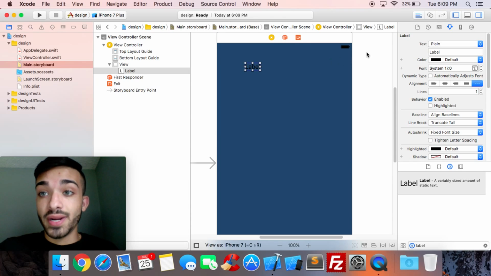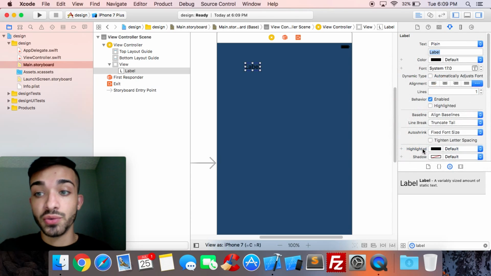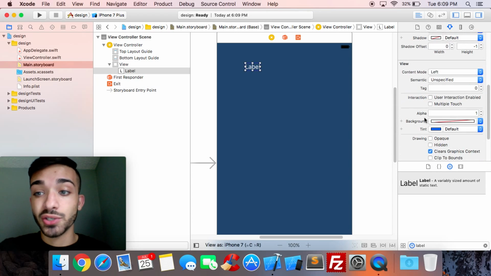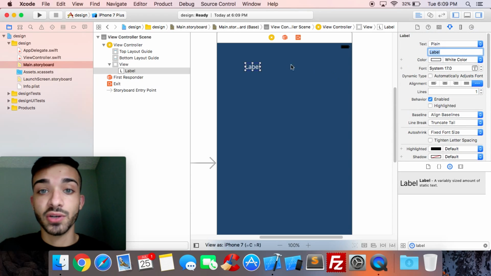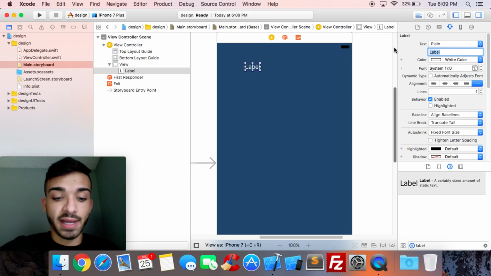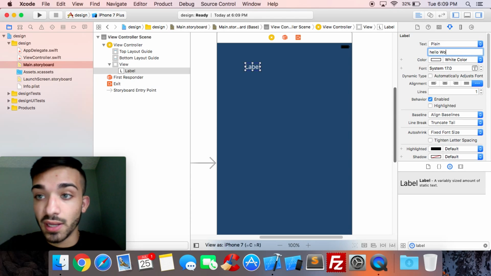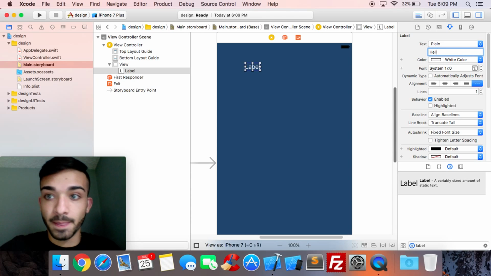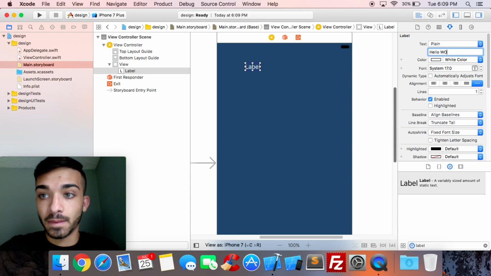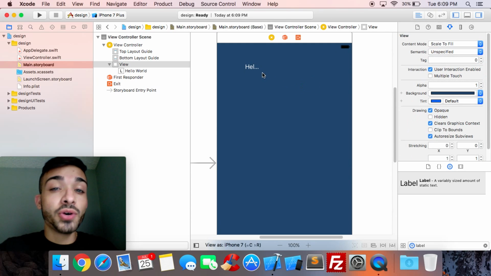Okay, so now the next step, if you go to the Attributes Inspector again, you can actually change the value of the text straight from here. You can change the color. We're going to go ahead and do white. And you can change the alignment, and you can do so much all from here. Alright, so for this label, we're just going to go ahead and say hello world. Whoa. Caps lock got stuck. So we'll do hello world, and you'll notice that